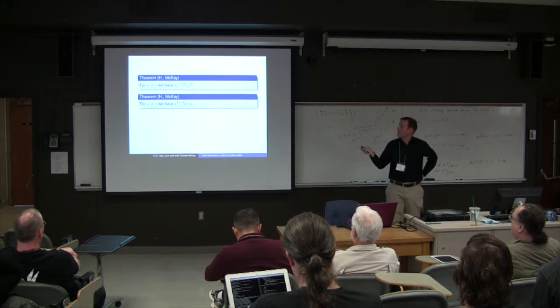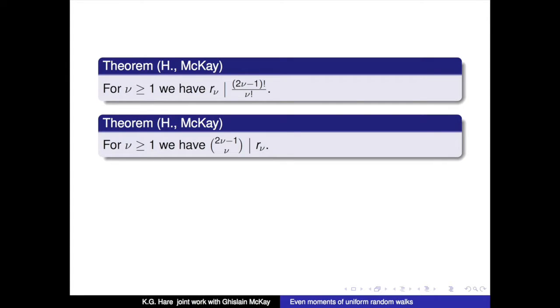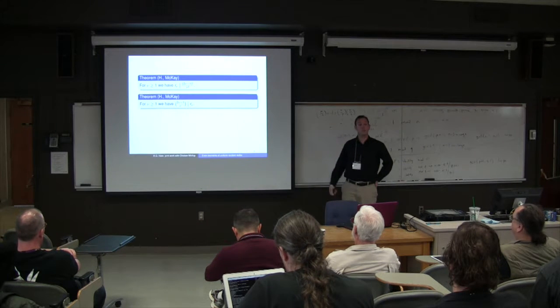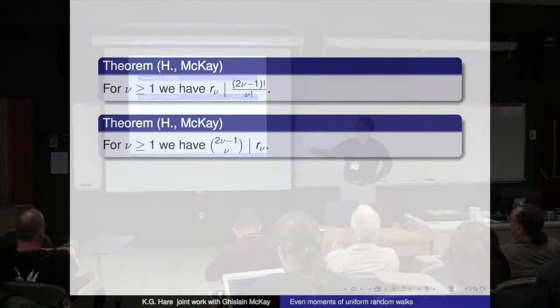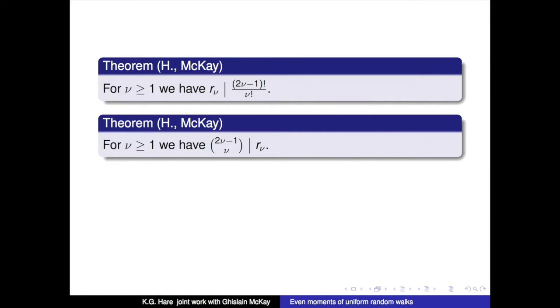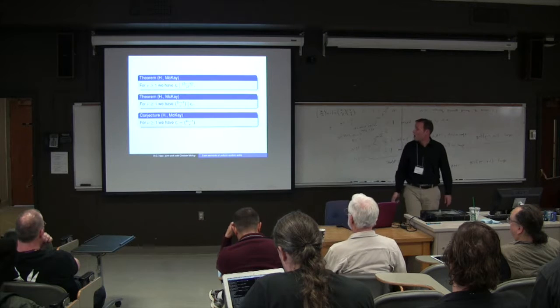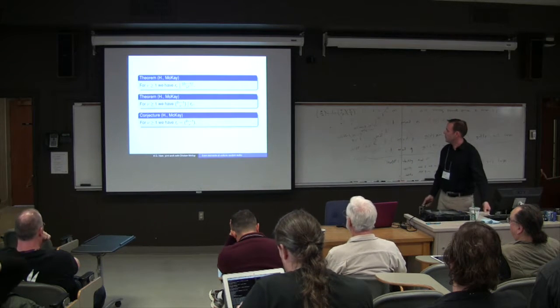So there are 2 results that we managed to show. First of all, we have an upper bound for it: R nu divides 2 nu minus 1 factorial over nu factorial, so it's definitely finite. And in the other direction, we have something that actually divides it. So we have good bounds on where it lies. And we actually conjecture that it's this second one in all cases. We're just not able to tighten this up and prove this result. We do have a lot of experimental data for this conjecture.